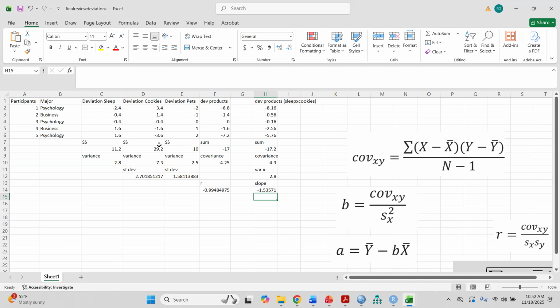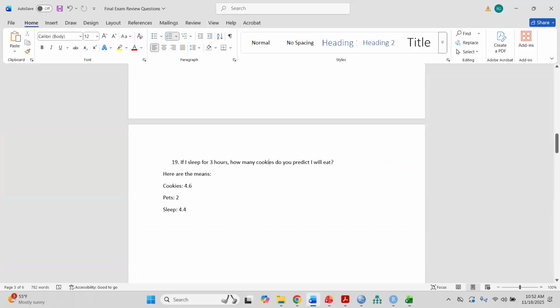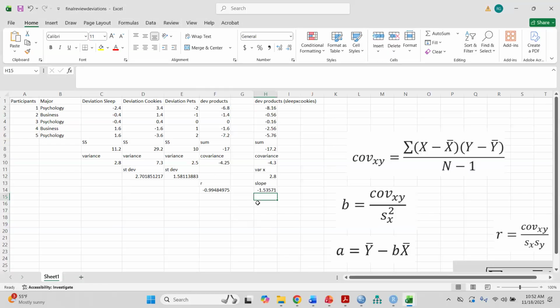They're deviation scores, so you can't just find the mean very easily. But thankfully, in the question itself, we're given the means. So sleep is 4.4, cookies is 4.6. I'm just going to put mean sleep 4.4, mean cookies 4.6. Okay. So our y-intercept,